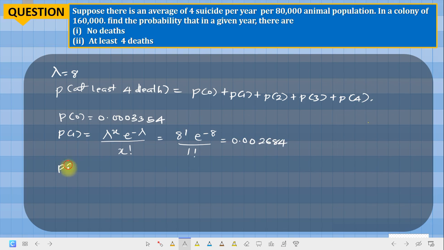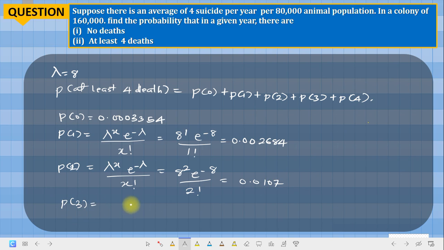0.002684. The next one is the probability of 2 deaths, 8 squared times e raised to the power of minus 8 all over 2 factorial. When you punch this in your calculator, you are going to have 0.0107. The next one is the probability of 3. Let's write the formula first, as is the tradition. Lambda raised to the power of x, e raised to the power of minus lambda all over x factorial, and this is equal to 8 raised to the power of 3 times e raised to the power of minus 8 divided by 3 factorial, and this will give us